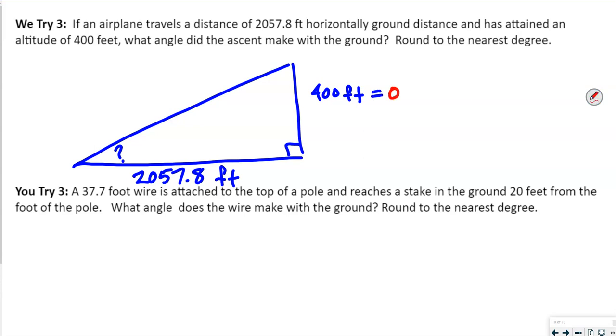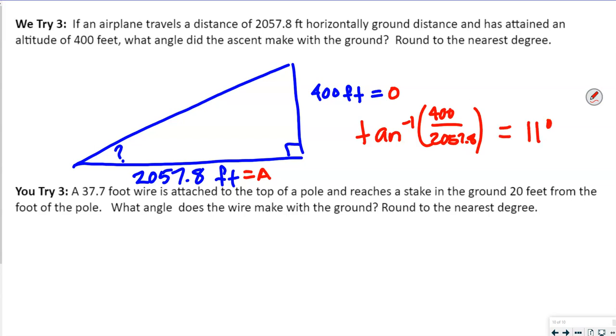Okay, so if we're looking for that angle, this is what? Relative to the angle, opposite, right? And this is adjacent, isn't it? What ratio is that? So once again, we're trying to find the angle, so we're going to do the inverse. Okay, so that's going to be 400 divided by 2057.8. And when we put that in the calculator, we get 11 degrees. Round to the nearest degree, it says, okay? Last one,